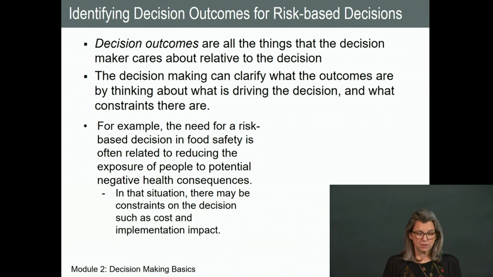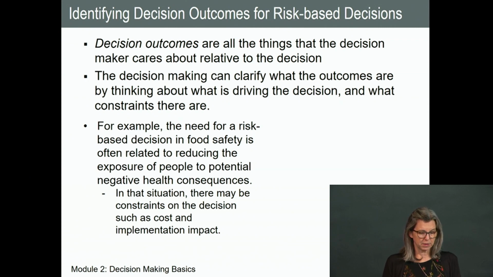So in risk-based decision making, again, decision outcomes are all the things the decision maker cares about. The decision maker should clarify what the outcomes are by thinking about all the things that could happen in terms of the decision. What's driving the decision, and what are all the things that could happen once I make this decision? And so the fundamental piece is that there's always going to be an outcome related to risk, and